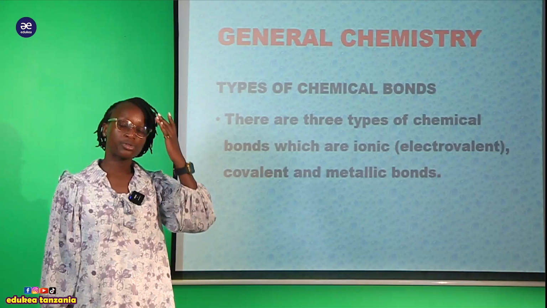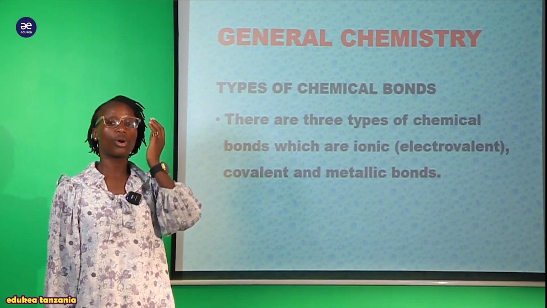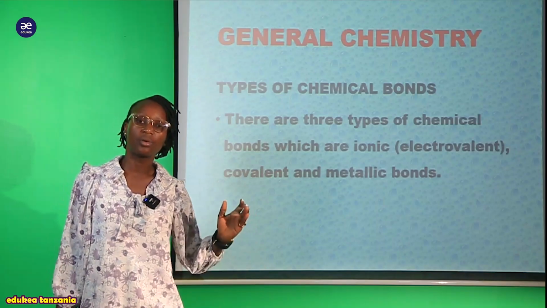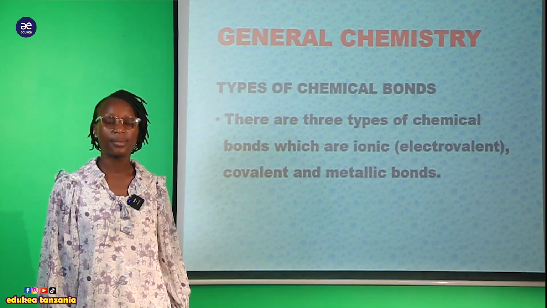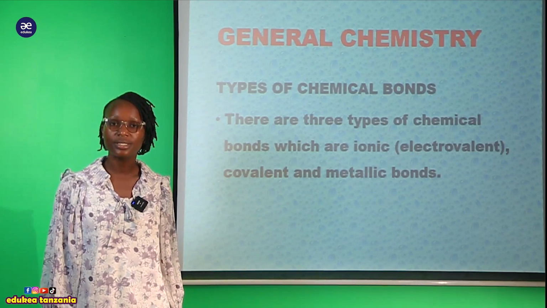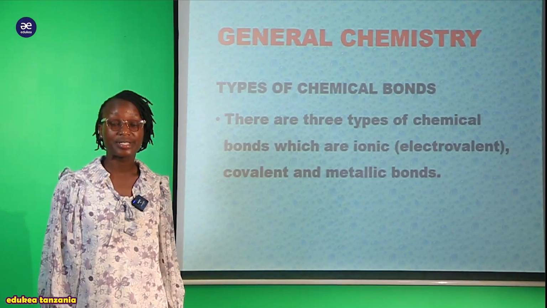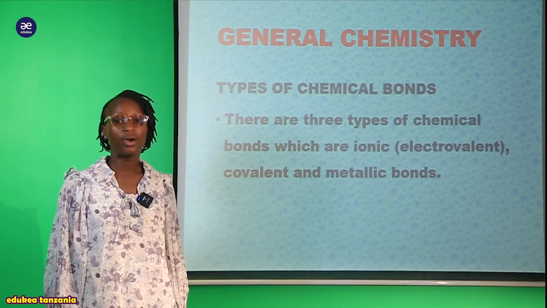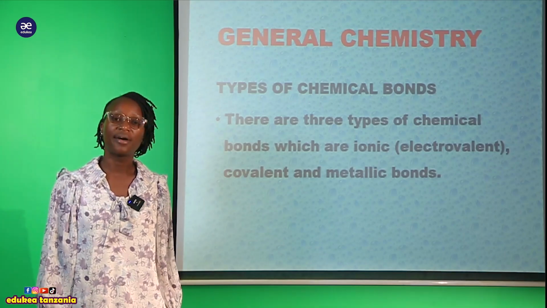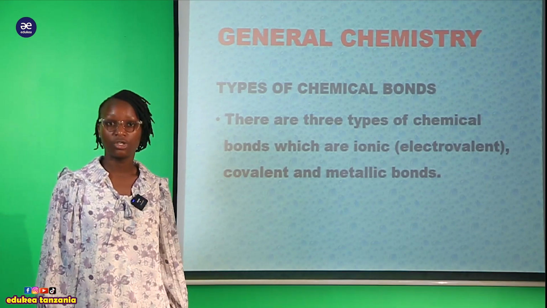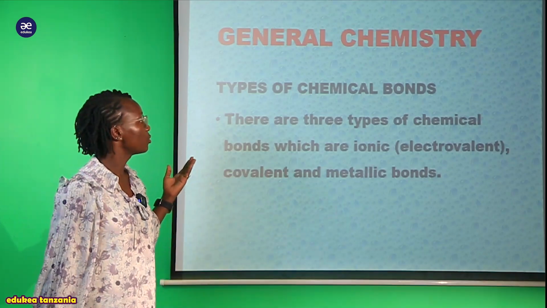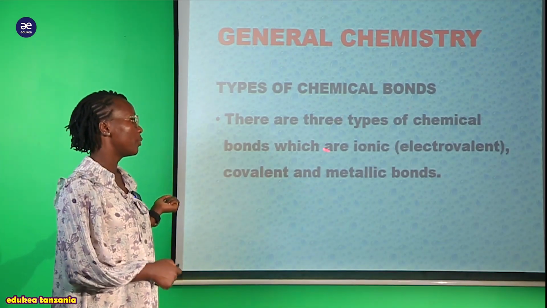My students, remember tushaona ni maana ya chemical bonding. Na tumeona kwamba kwenye hii chemical bonding we are going to cover what and what and what. Tumesema tunaenda kucover the types of bond, the strengths of the ionic and covalent, but also we are going to cover the issue of the intermolecular forces as well as the issue of hybridization of the atomic orbital. So now let us start with the issue of the types of chemical bond.